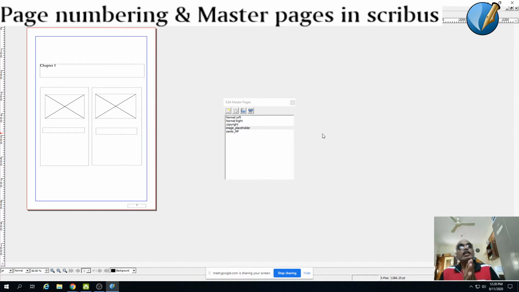So we have created three master pages. One happens to be the sample master page, wherein you have given a small box to include the title or the chapter. This page you apply for every new chapter. And then again I am going to give out another page wherein there will be copyright information. Usually this copyright information will be in the beginning of the book or towards the end of the book, or in the intervening pages also. If you feel, you can give out this information.